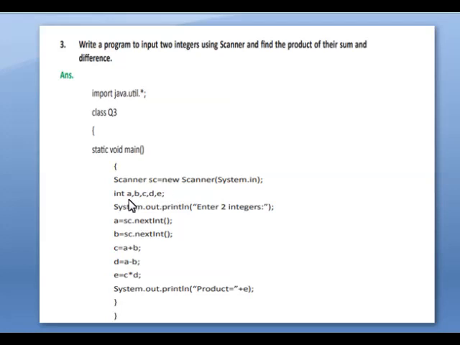So whatever variables we are taking as an input, for that you have to see the variable type. Its data type is int. So if the variables are integer, the functions are like this: sc.nextInt(), object.nextInt(), sc.nextInt().